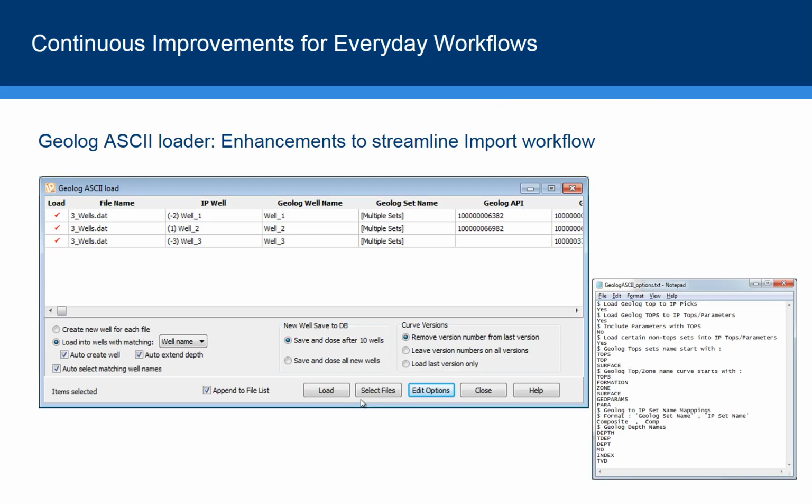We've made a lot of improvements to the Geolog ASCII loader, so any of you who have recently moved over from using Geolog or still have some old Geolog databases, you can now import those projects without too much trouble. We now take in not only the data but also the zone sets, and we've also